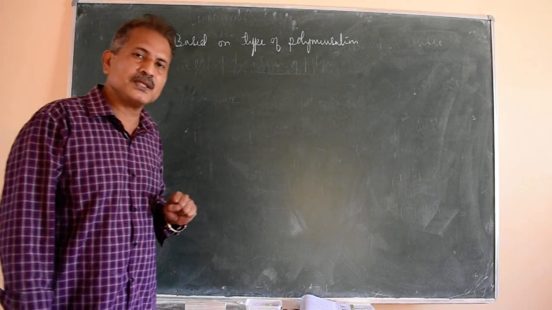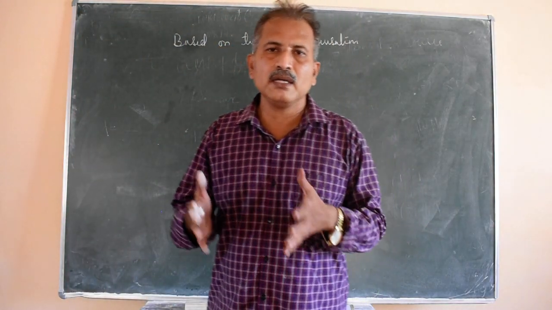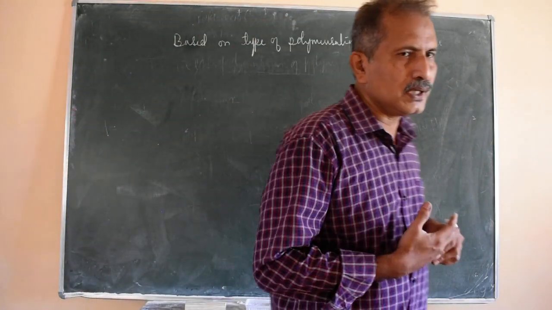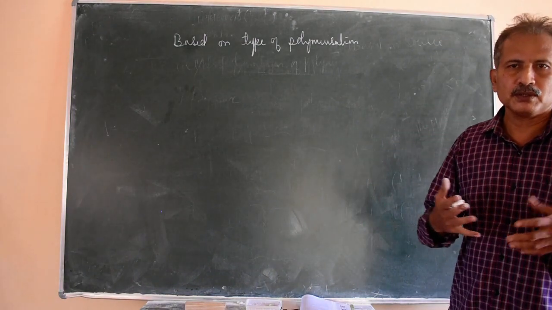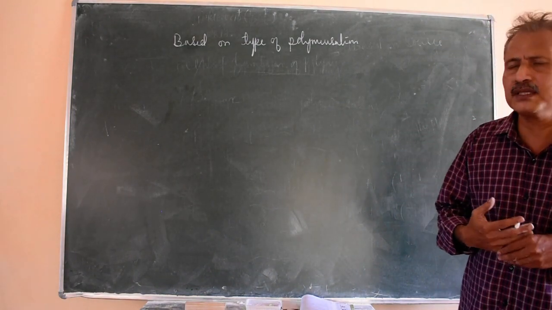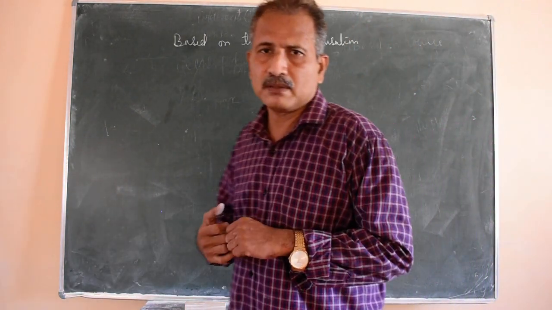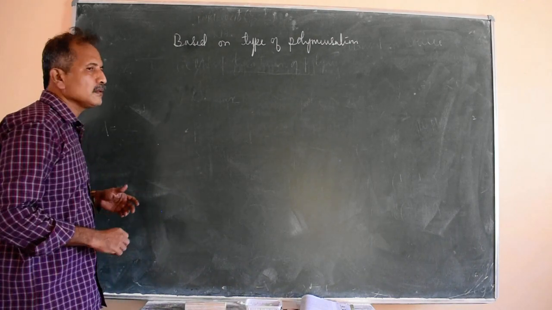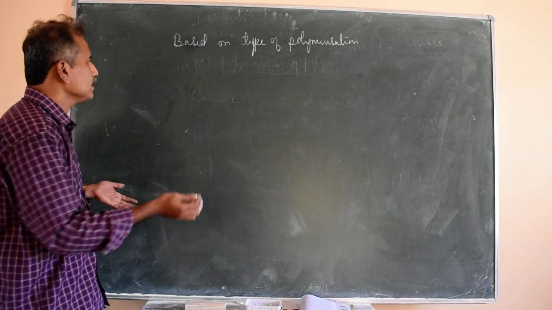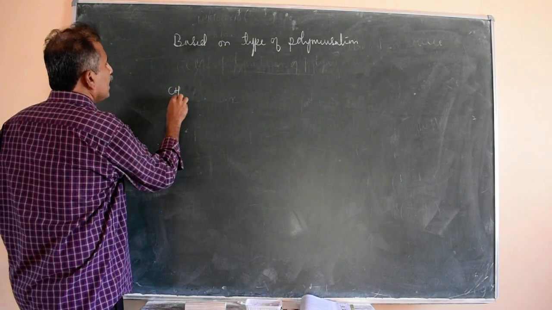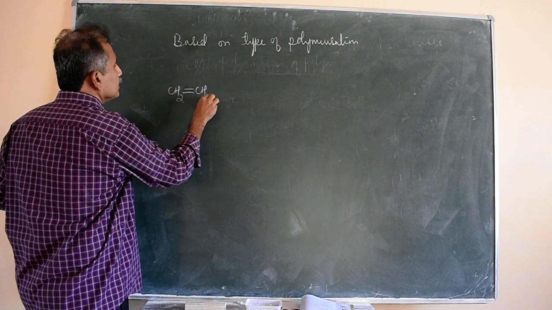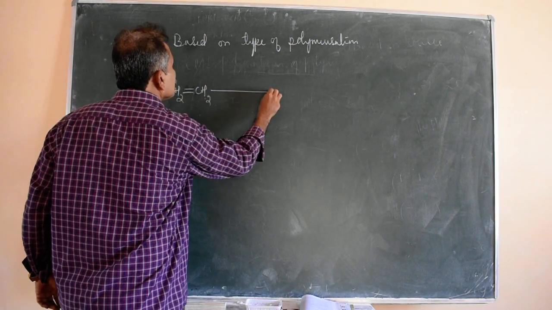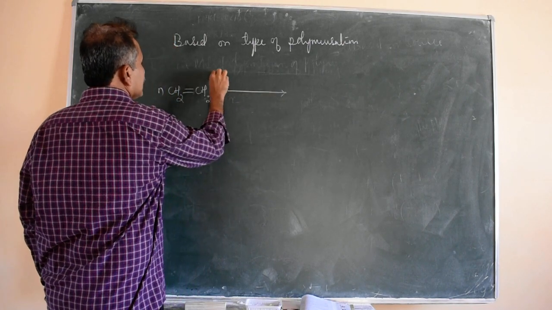So in addition polymerization, we go on adding the monomers, and basically the monomer should have a double bond or a triple bond. Okay, so you can go on adding it. Best example for addition polymerization is your polythene, whether it is low density or high density polythene. So we start with a huge number of monomeric units. And what is that? We start with a large number of ethene molecules, N number. We make them polymerize. So let them undergo polymerization